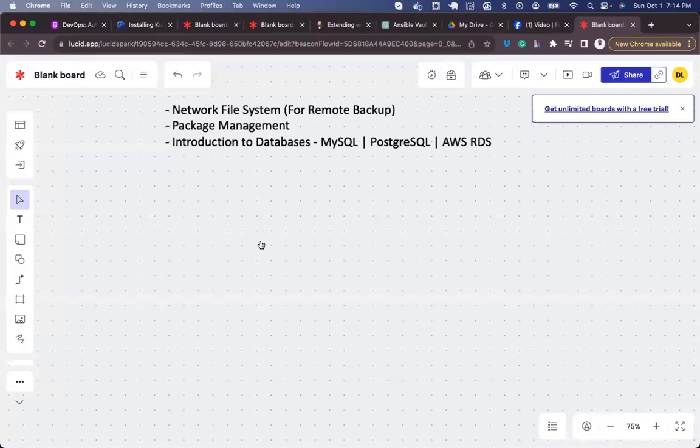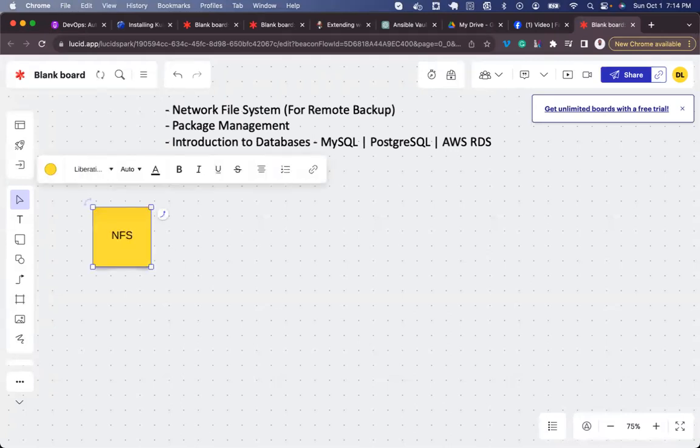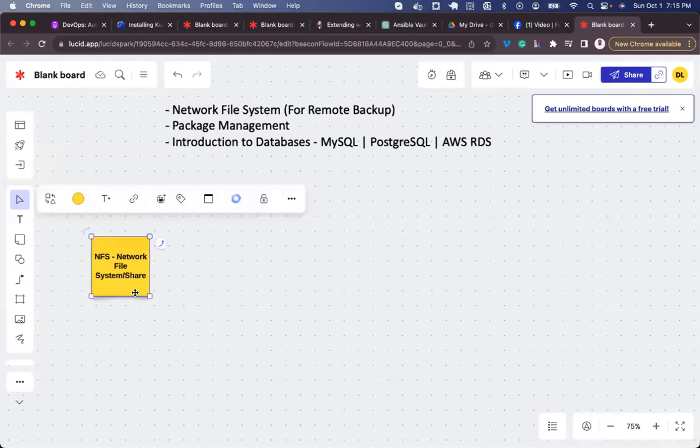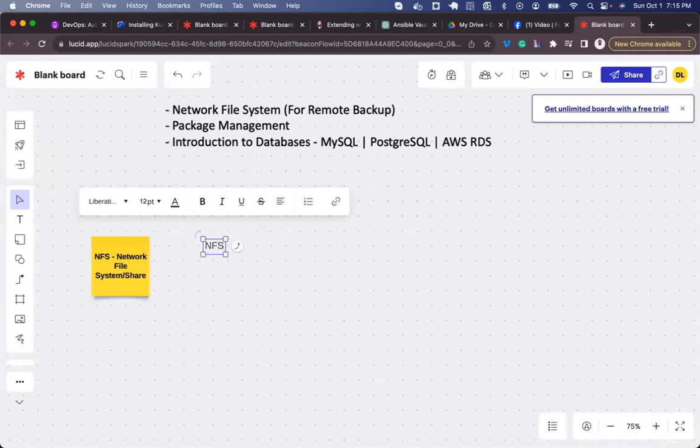So now let's get started with NFS. Network file system. Some authors will call it network file share. All right. Network file share. It's very simple. What is NFS used for? NFS is